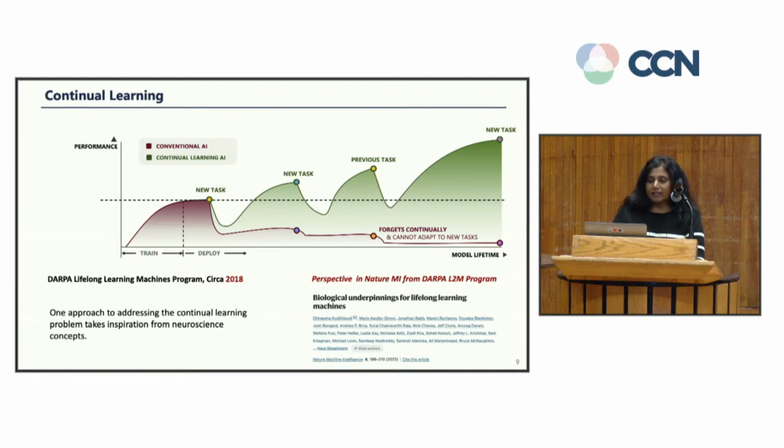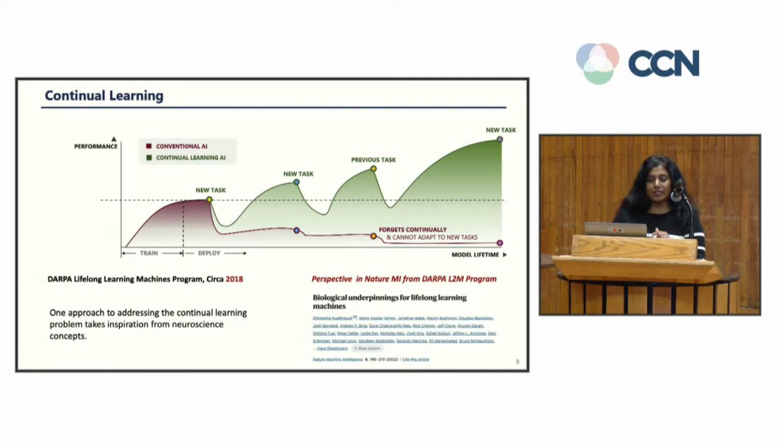On the x-axis, you see the model lifetime. On the y-axis, you see the model performance. When you look at a conventional AI model, compared to what it was trained on, when a new task is introduced to this model, you can see that the performance is dropping significantly. You can call this catastrophic forgetting because it is not able to adapt to new tasks or new types of learning. Whereas if you look at a continual learning model, it should be able to adapt to this new